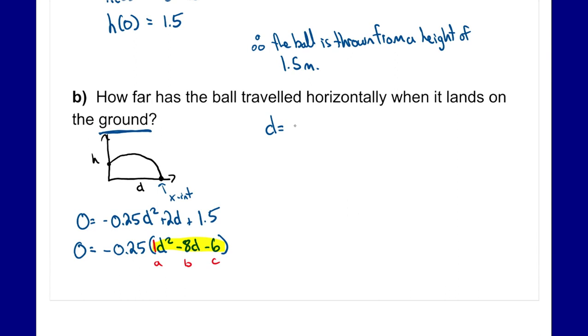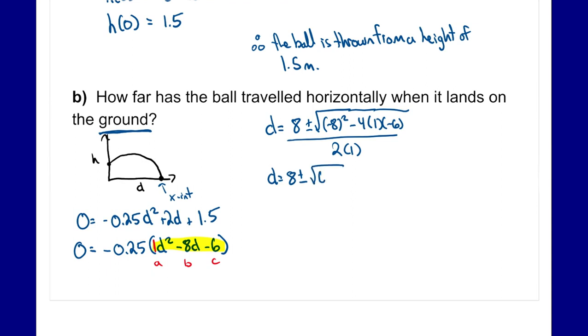So we have 8 plus or minus the square root of negative 8 squared minus 4 times a, which is 1, times c, which is negative 6, divided by 2 times a, or 2 times 1. I get d is equal to 8 plus or minus the square root of 64